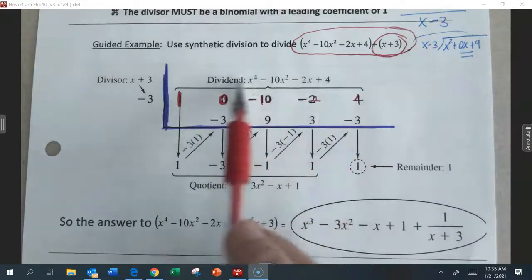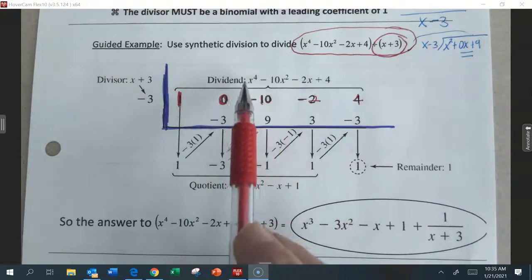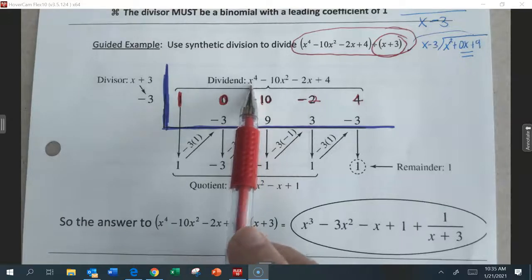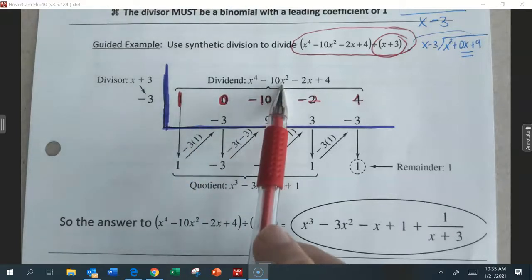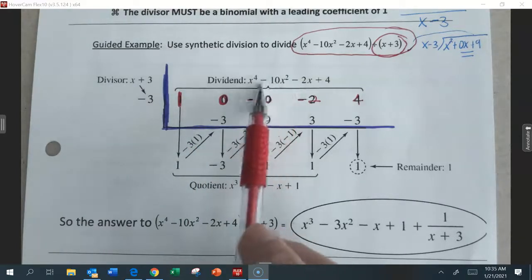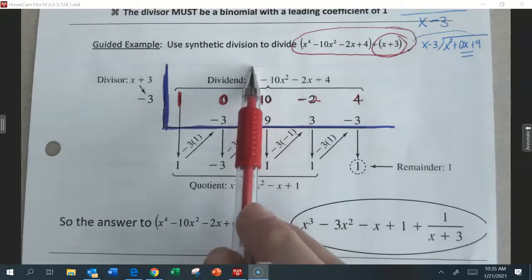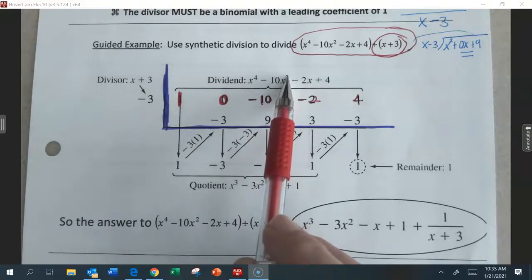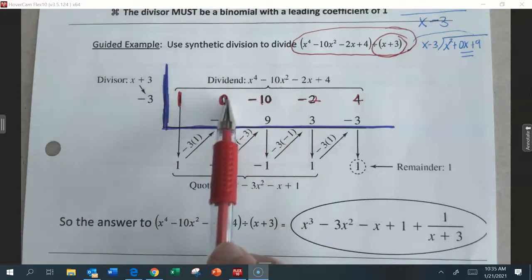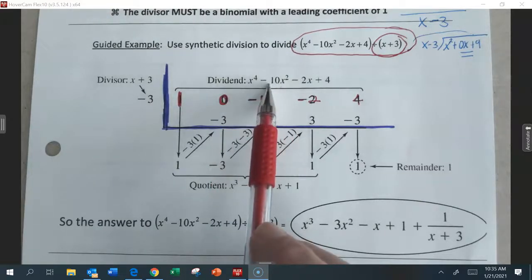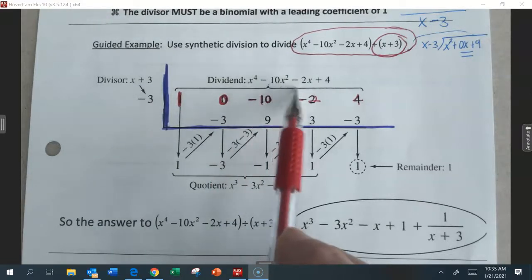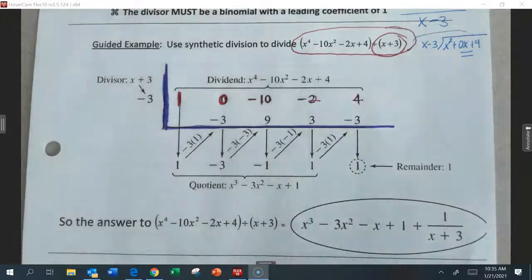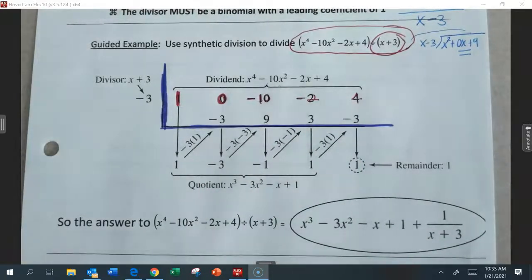And they're what of this? They are the coefficients. What's in front of the x to the 4th? 1. What's missing in between a power of 4 and a power of 2? So that's why I put a 0. We have 0x to the 3rd. Then negative 10, negative 2, and 4. What's cool about this is I don't even have any variables. Okay? Now